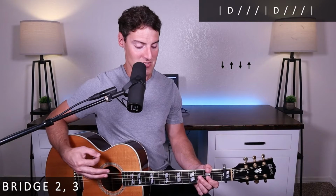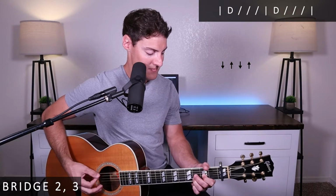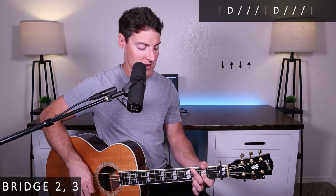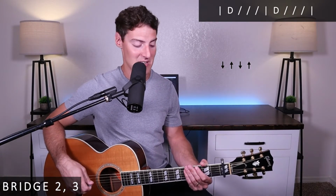So you get the idea there. And then bridge 3, just the same thing again for 8 more measures, just staying on D. Yeah, there's a lot of random stuff going on, like slides on the guitar, harmonics, a lot of different noises. But basically that's what I'm doing, just hanging out on that D chord the whole time for bridge 2 and bridge 3. Then for bridge 4, and this is where they're singing "live" over and over again,